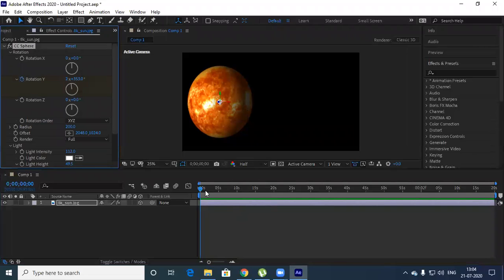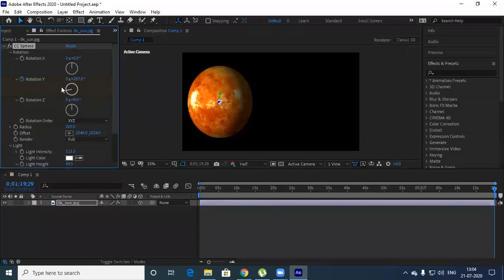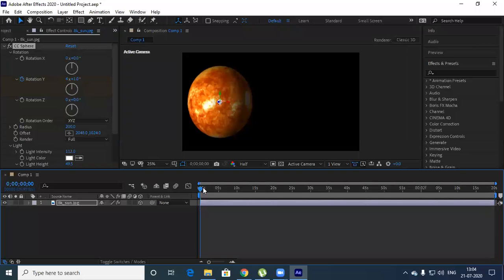Just click on the timer, which means it will record the action. Now bring your timeliner to the end of the full video. Now here, give rotation 1. You see here, it's moving. Automatically the animation is happening, right?